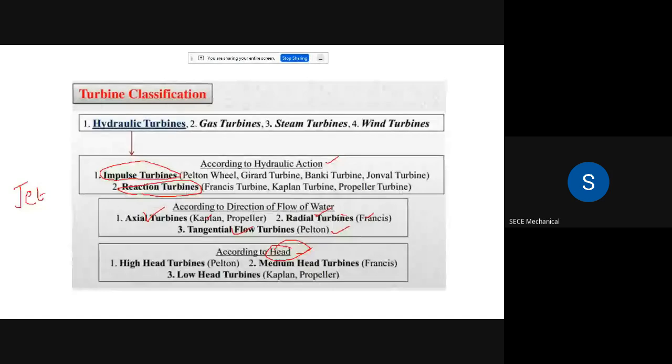The best example is the Pelton. For a medium head, lower compared to the high head turbine, the turbine we use there is the Francis turbine. Then we have lower level turbines: in medium scale dams, we go for low head turbines, or lakes. Everything coming from these is low head turbines.